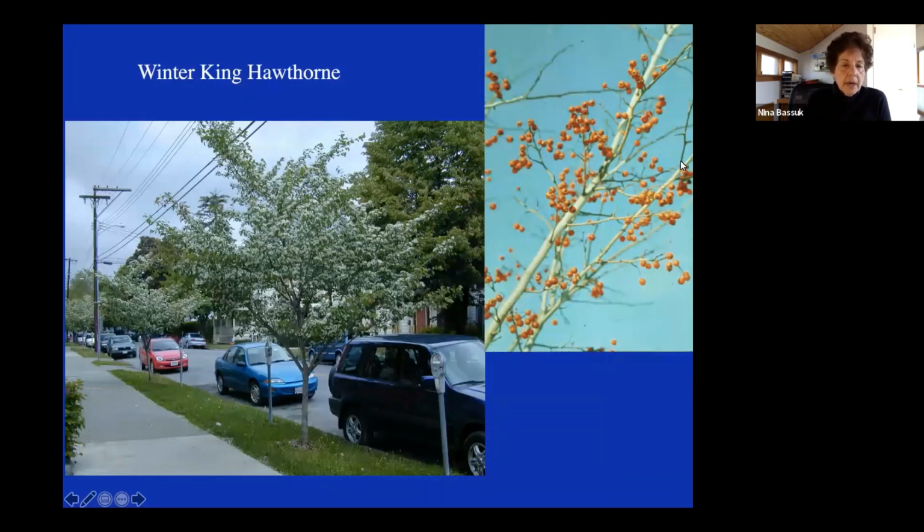Another good underwire or restricted space tree is the winter king hawthorn. Now, hawthorns have a lot of different disease issues, but the winter king, which is Crataegus viridis, is really quite disease resistant. And here you can see it under wires. It has a vase shape, and in, say, late May, it really blooms with really white flowers. And it's named winter king because in the fall and winter, it has these orange-red berries that stay orange and